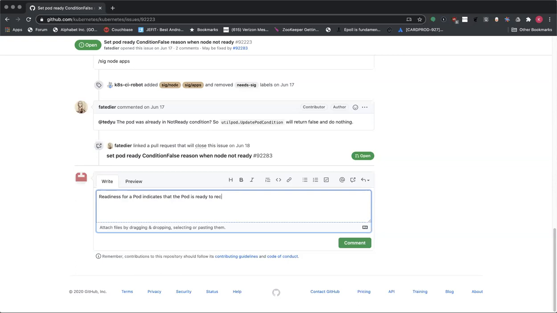I can see kind of a point that if the node isn't ready, the pod is not ready to receive traffic. But we already have a control mechanism for this. That may actually not be true. Your node may not be ready, but your pod can still be ready and still hit traffic. That's true. There are a bunch of different things. That's a good point. If kubelet credentials expire, you will transition to not ready because the node is not reporting back, but the pod will still be running.